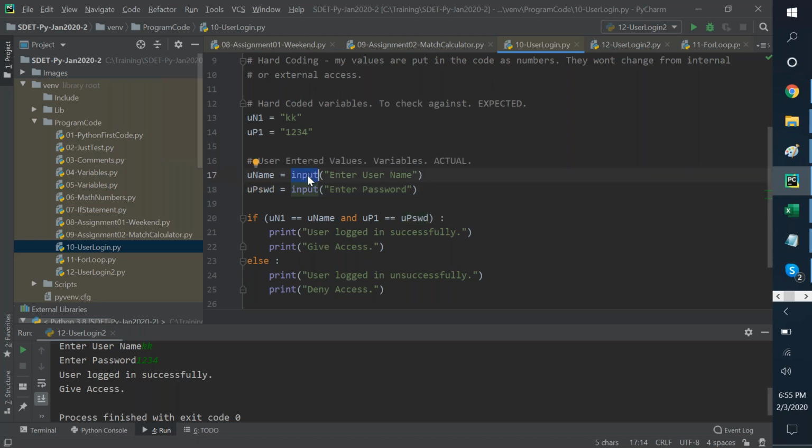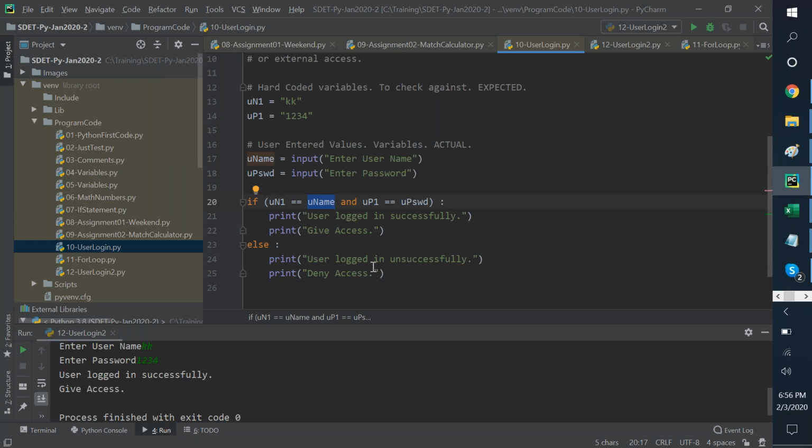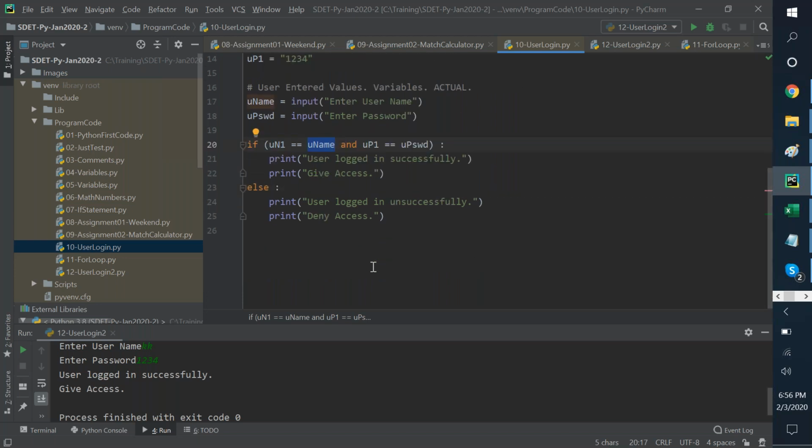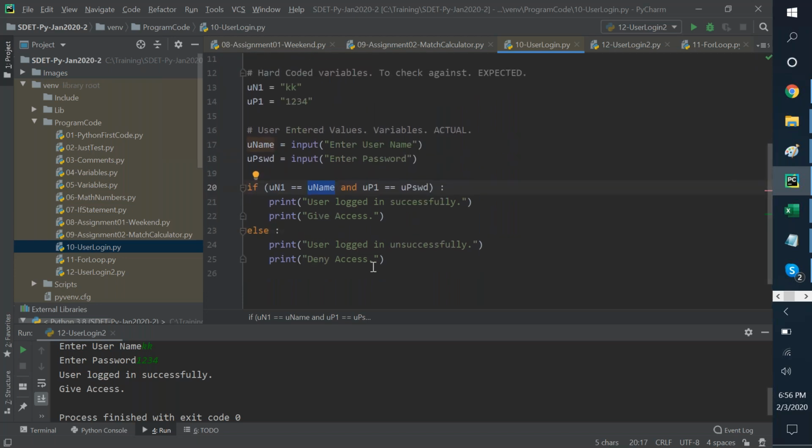If you want, you can convert it, but the default is a string. That way I'm able to compare a string to a string easily. Now, if the username matches and the password matches, the user logs in successfully, else not successfully. That basically does the first alpha release or trial version of the concept of how it can work.